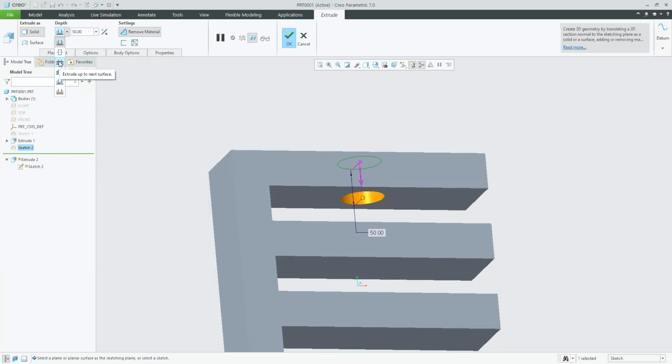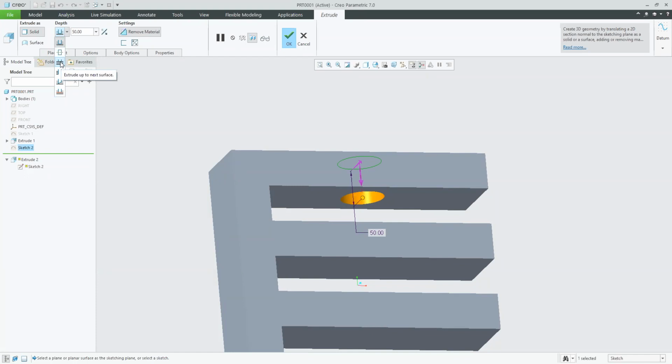For the first base feature, this button was not there. There was only blind extrusion, symmetrical extrusion, and up to a selected plane extrusion. But now I have up to next surface.